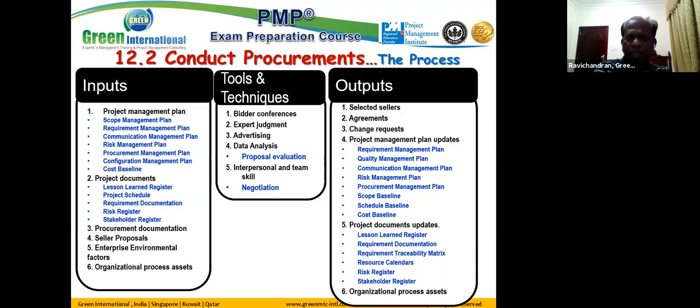Look at the tools and techniques, very simple tools and techniques only. Bidder conferences, expert judgment, advertising, proposal evaluation, and interpersonal and team skills like negotiation. What are bidder conferences? When we conduct the bidder conferences,